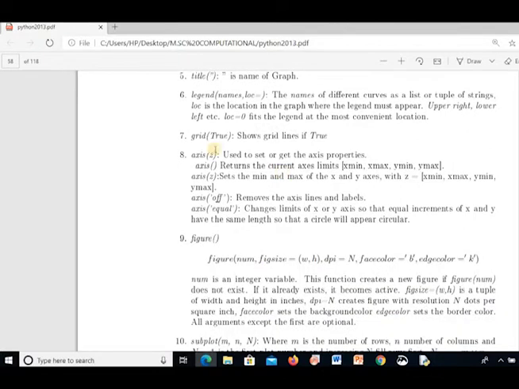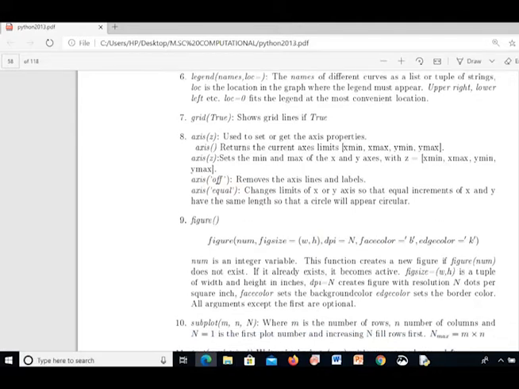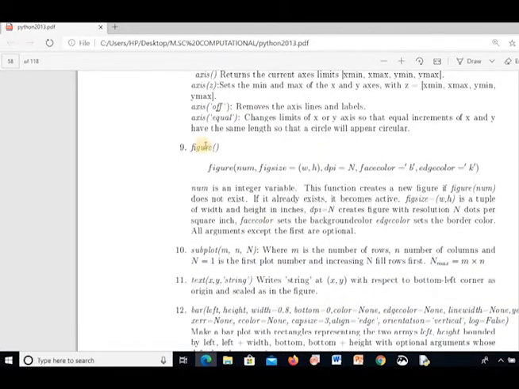Similarly, I can set the axis. These are not at all mandatory functions. I can put the axis off, and if I use axis equal, both x and y axes will be set equal. If you have two or three figures, I can name them figure 1, figure 2, figure 3.